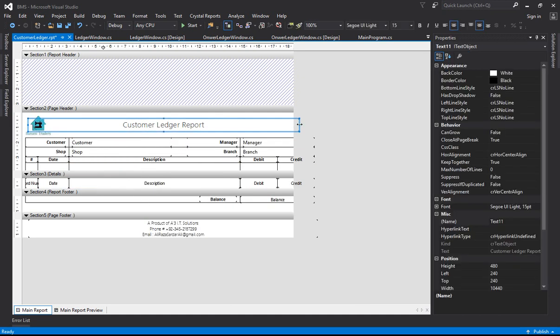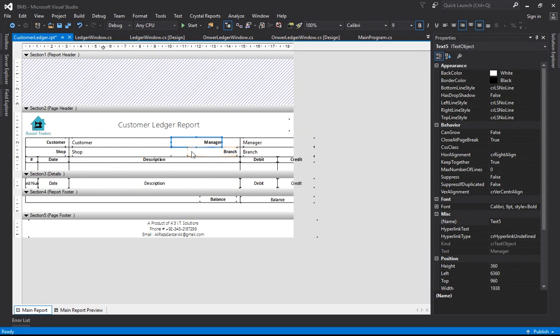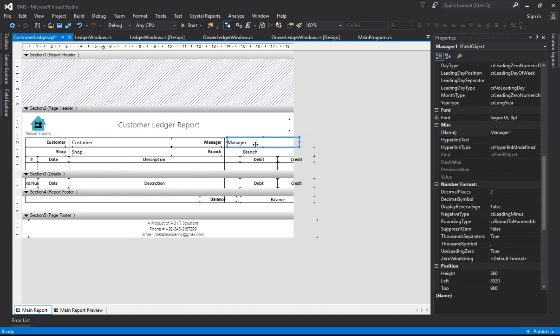So let us close these things, and then let us go back at this particular place, and then you have to be specific with respect to the space, because it will then create problem when you are printing the report on the paper. Okay, so you have to be very careful. And then